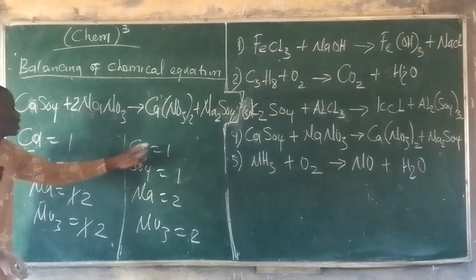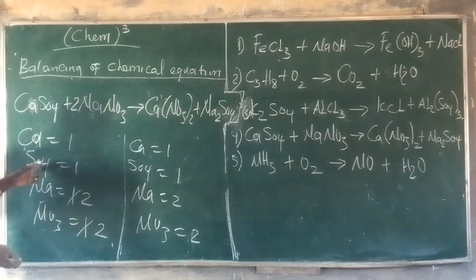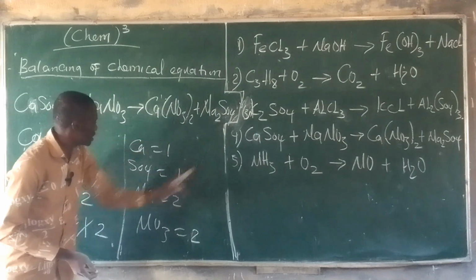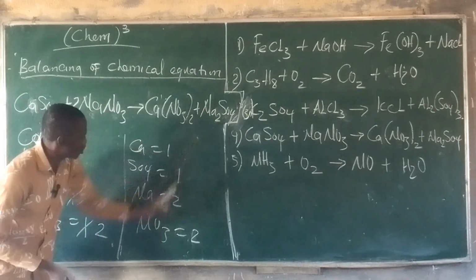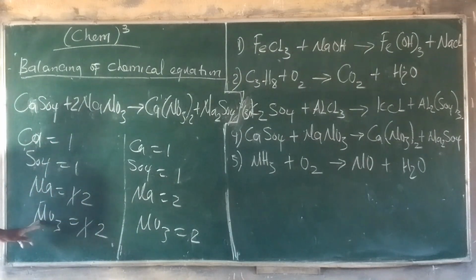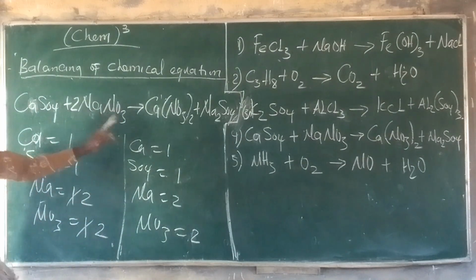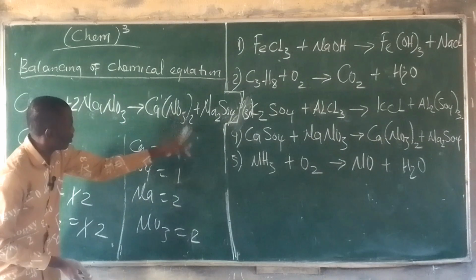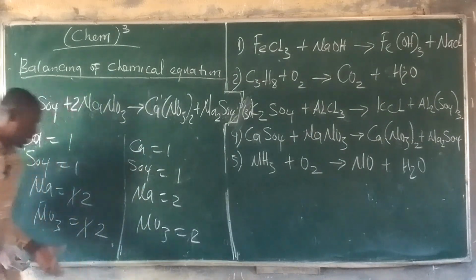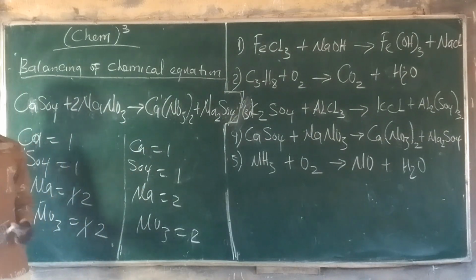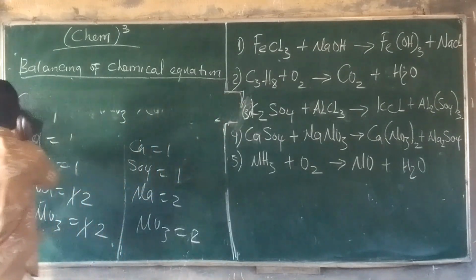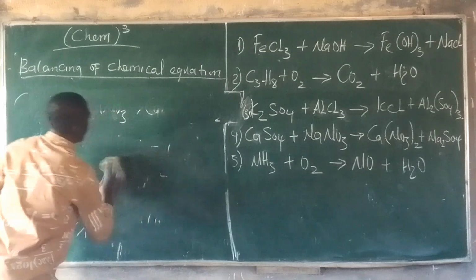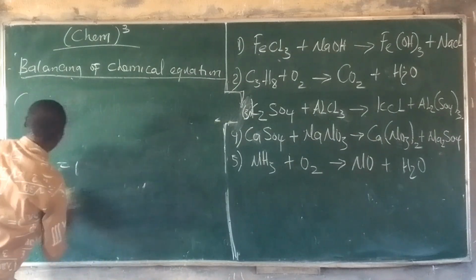Calcium is 1, calcium is 1. Tetrasulfate is 1. Tetrasulfate is also 1. Sodium is 2. Sodium is also 2. And then NO3 is 2. 2 times 1 is 2. NO3, 1 times 2 is 2. Now you can see that the equation is balanced. We'll go to the next one. In the next question,